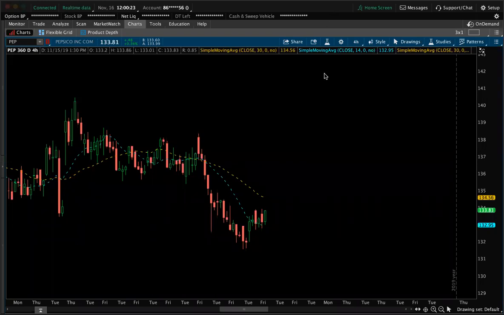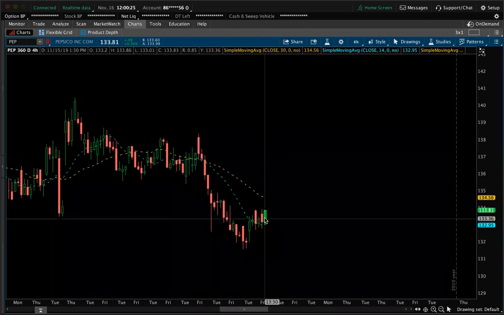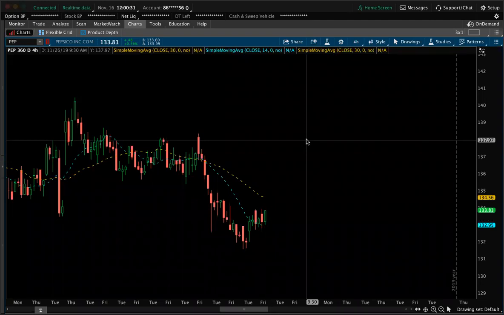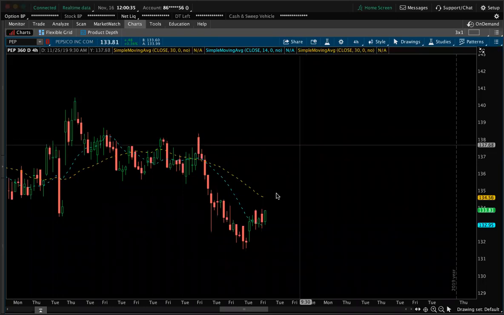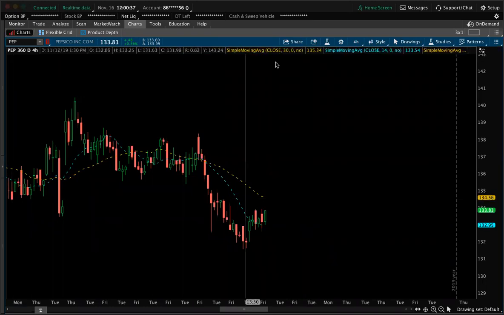But I'm using the H4 candles. So those are like $1 points, $1 move, so $1 range. So you can take off even 50 cents from it. The target could be 134, but I'll take off 20 cents because that 30 SMA is going to drop. And that's a good thing.